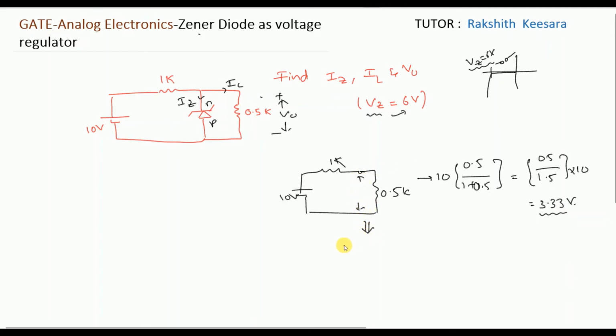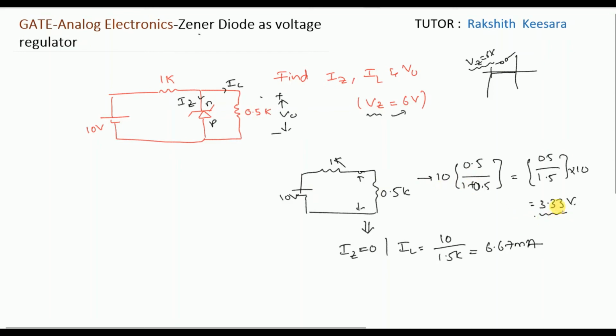So now what is the answer? Iz equal to 0. IL equal to 10 by 1.5 kilo, that will be 6.67 milliampere. And what is the output voltage V0? 10 into 0.5 by 1 plus 0.5,